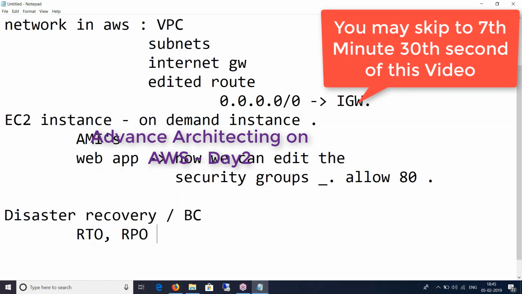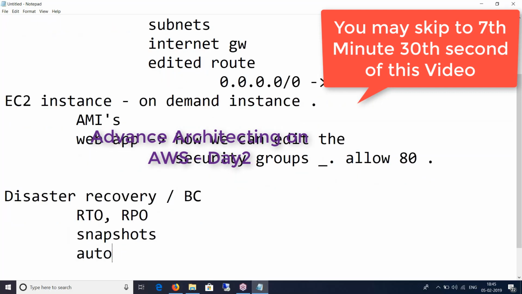Then we looked at other aspects such as snapshots, how you can automatically handle DR or disaster recovery, and how you can manually trigger a backup or manually trigger the snapshots.